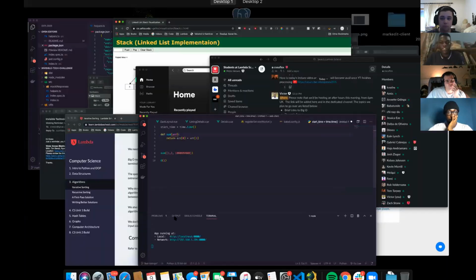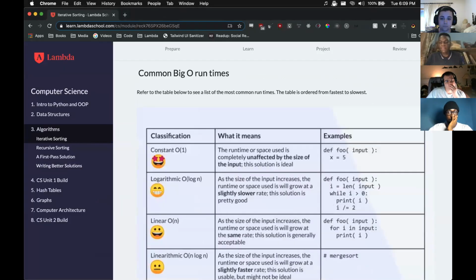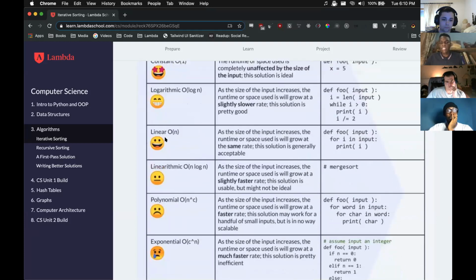So let me just show you the available ones, what we have. Like I said, we have constant runtime, which is this example here. No matter how the input changes, you're doing the same amount of work, which in this case is assigning 5 to X. So it doesn't change. If you get a constant time runtime, then you're really good. You don't worry about that problem. The next one is the linear runtime, big O of n, which means